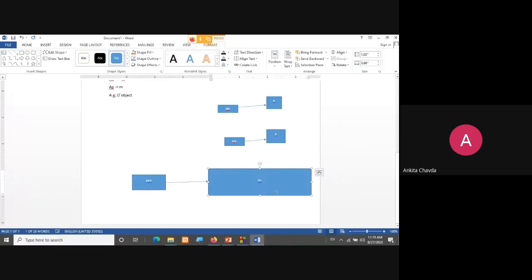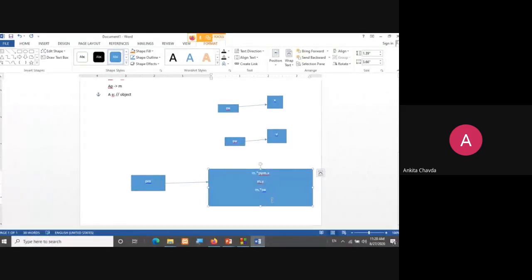So I can write m dot x, I can write m dot y, I can even write m dot pointer px. Same way I can write m dot pointer py. Getting this thing? M dot pointer py, that also I can write.